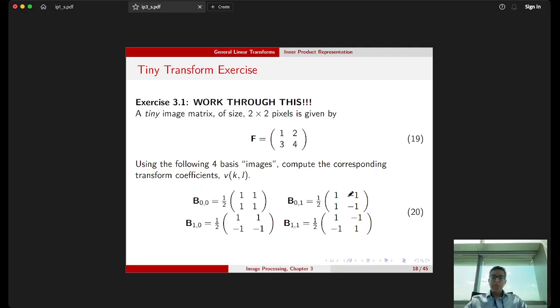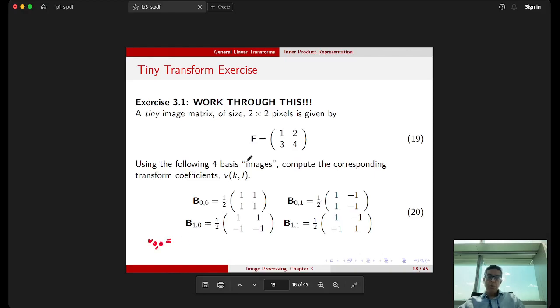These basis images in this case don't have imaginary parts, so they're purely real, so we don't need to worry about the complex conjugate. If we now take the matrix inner product between F and each of these basis images in turn, we will get the little v's. So to get little v00, let's just write that down. So little v00